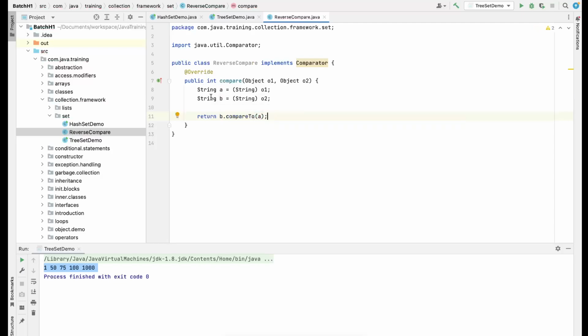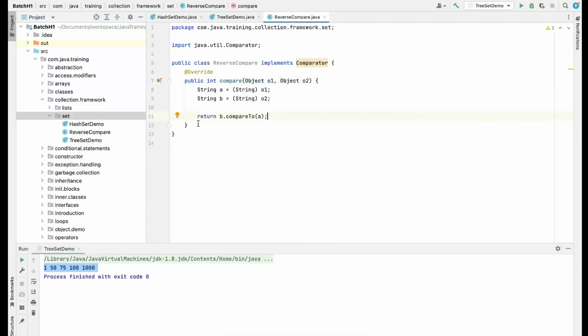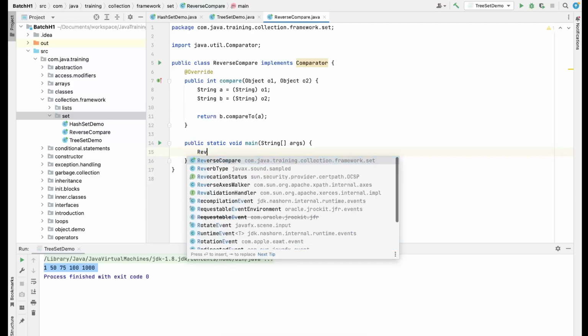If you do a dot compareTo b, it will provide you the ascending order. But if I do b dot compareTo a, like o2 dot compareTo o1, this will help me print this out in a reverse order. So let me create this main method, and in this main method I will create the object reverse compare,